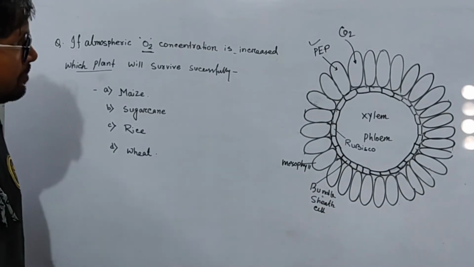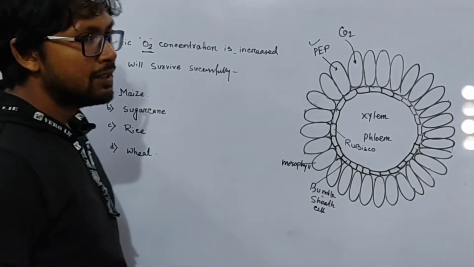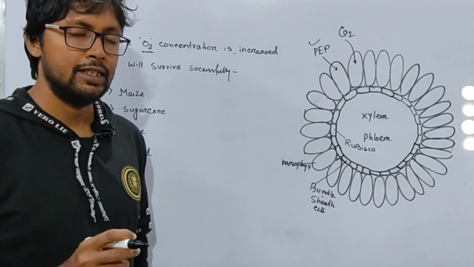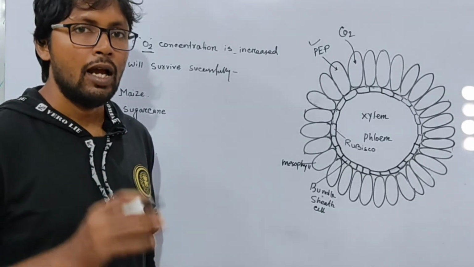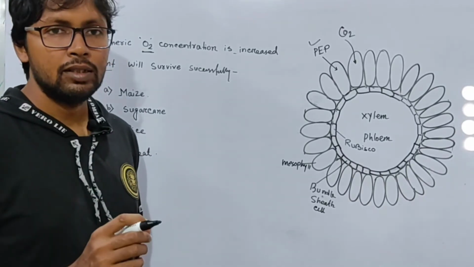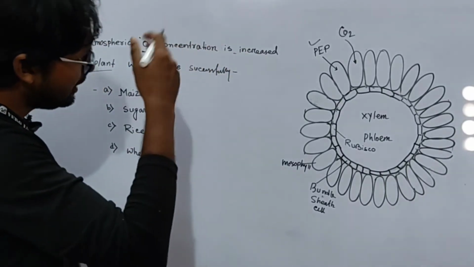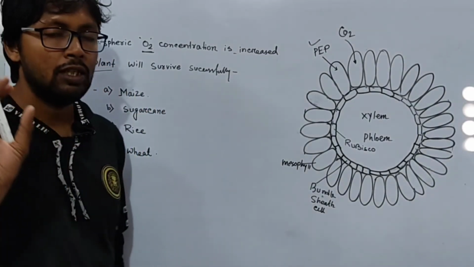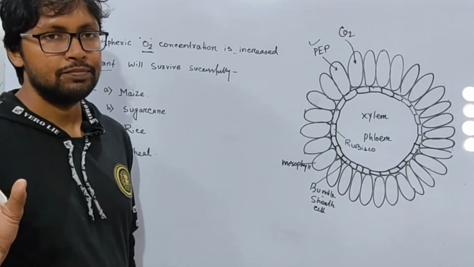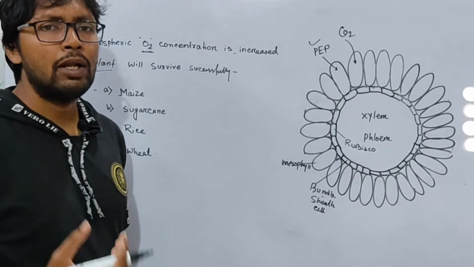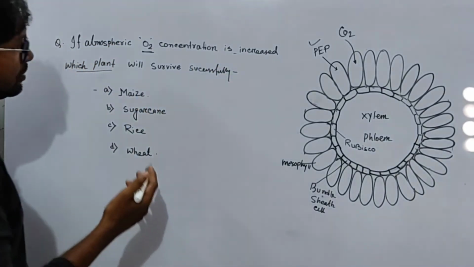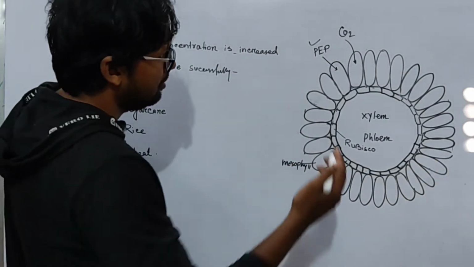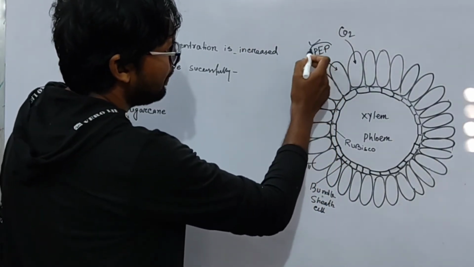You know that C4 plants have a special mechanism to take carbon dioxide from a low carbon dioxide concentration, in high temperature and in less water conditions. So if all three conditions arise, low carbon dioxide concentration, high temperature, and very low water availability, then C4 plants will survive very well, because the cause is hidden here, the PEP,